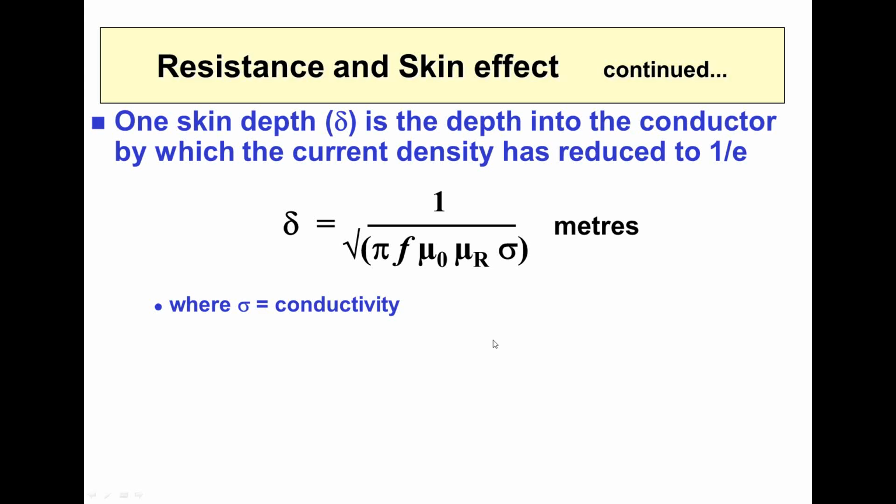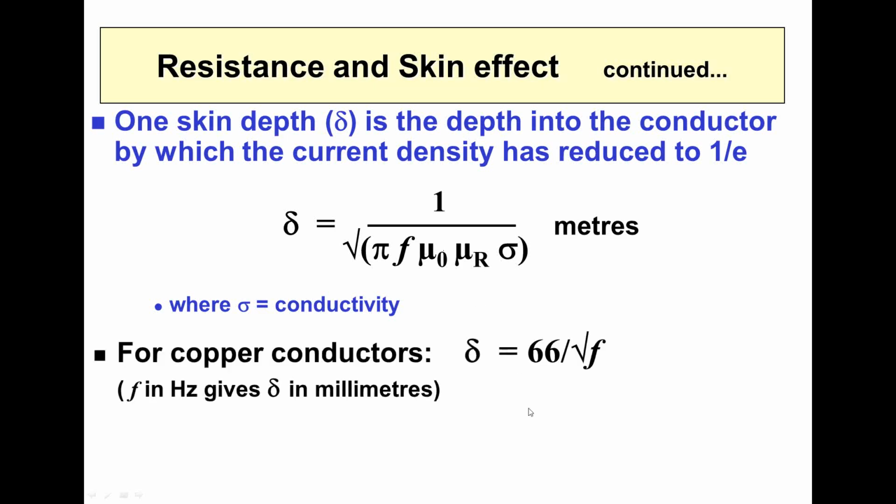Anyway, to use this, you've got to look up all sorts of numbers. What's the permeability of copper? That's about 1. What's the conductivity? Well, I've worked it out for you. For copper conductors, the skin depth is 66 over root f, which means that the frequency in hertz gives you the skin depth in millimeters. That means that at 1 megahertz, we have 66 microns,